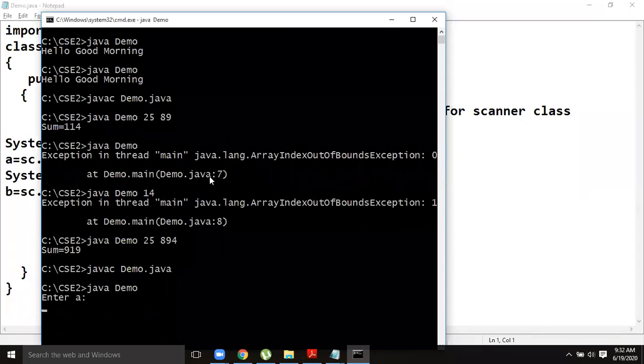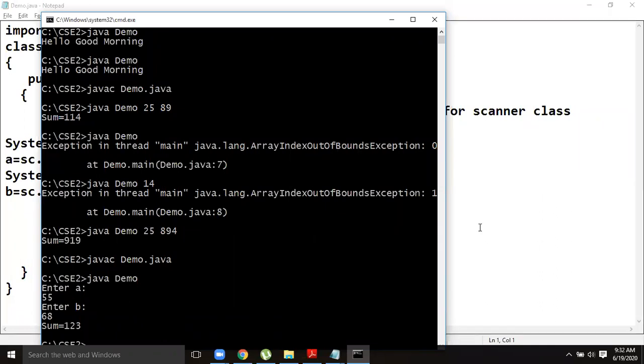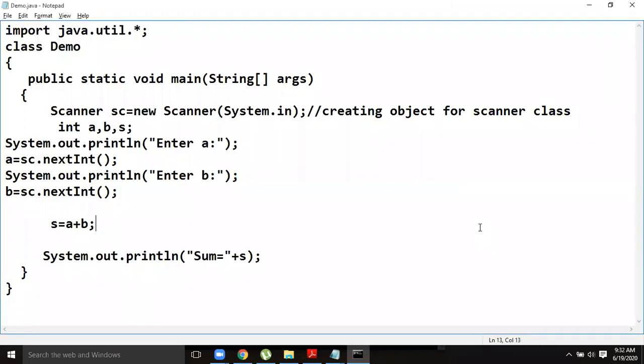It asks you to enter A. I gave 55. Next it asks for B. I gave 68. Press enter, and now it is giving the output. So this is another way of taking input from the console using the Scanner class. It is most useful, so please remember the Scanner class.